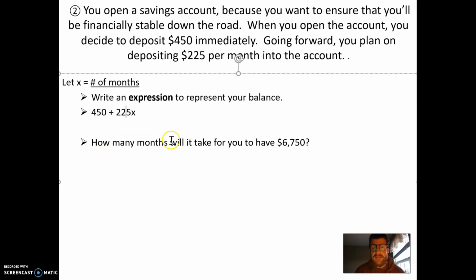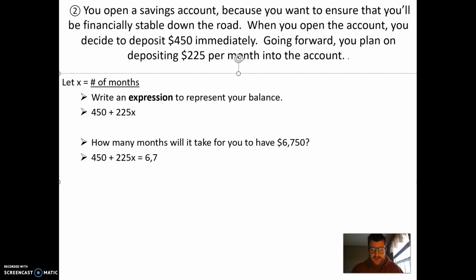So how many months will it take for you to have $6,750 in your account? So now we're saying how many months? We're looking for x, right? Because x is number of months and it says how many months. So that's what we're looking for. So we're looking for what does x have to be to make this whole piece equal the 6,750. So it looks like this: 450 plus 225x